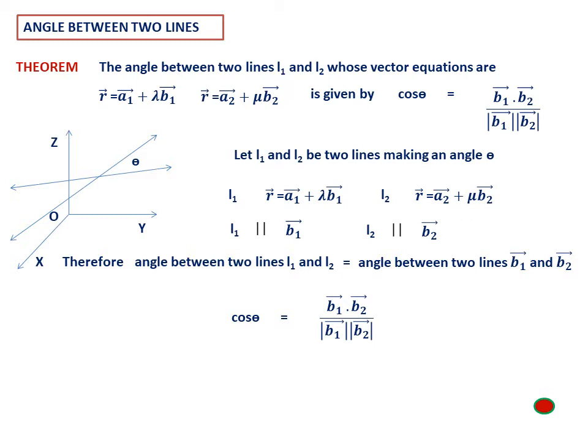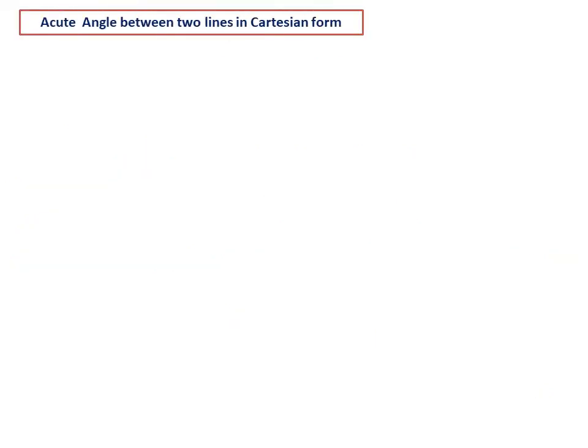Let us proceed with a few more additional concepts we have to add here. So we are talking about acute angle. See, whenever two straight lines intersect, there are two possibilities. One is, suppose theta is acute angle as shown, then 180 minus theta is obtuse angle. So this will be obtuse angle. Whenever two straight lines intersect, there will be 4 angles and 2 of them are equal, vertically opposite angles, and adjacent angles are, one is acute, another one is obtuse. Of course, if they are not 90 degrees.